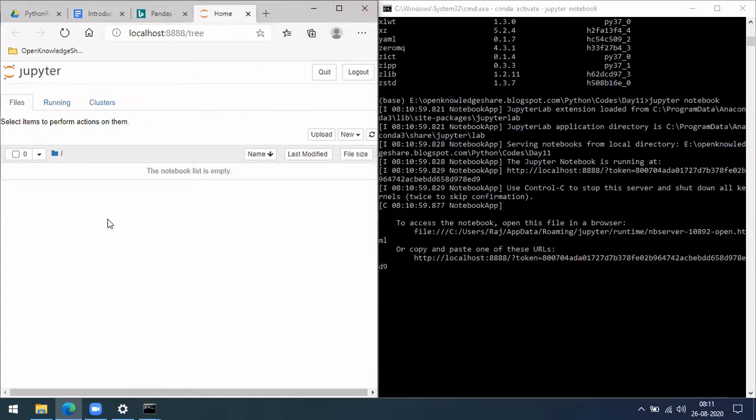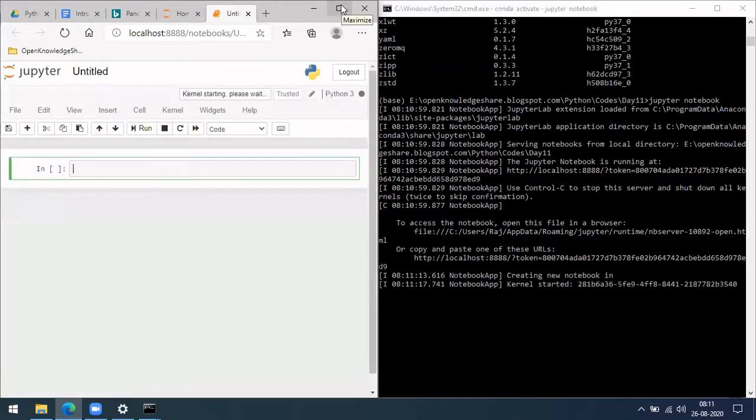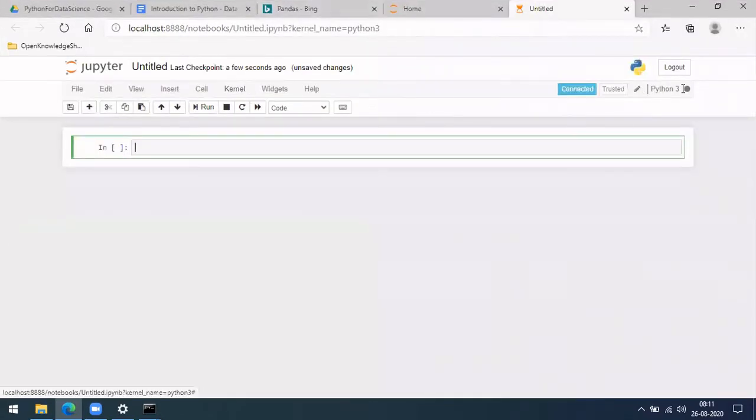This is an empty folder here. So let me create one, Python 3 itself. Okay. So once you select Python 3, it has opened the Python 3 kernel. In case you had selected the trial one, it would have opened in the trial one kernel.